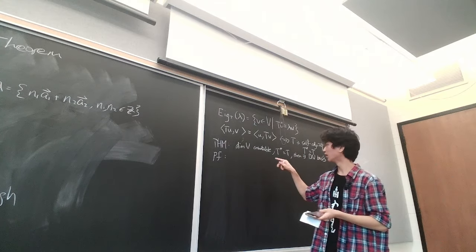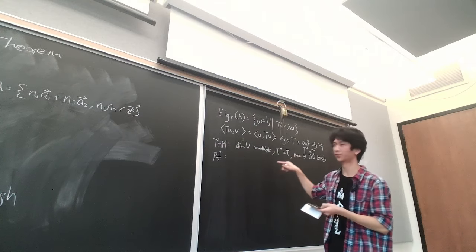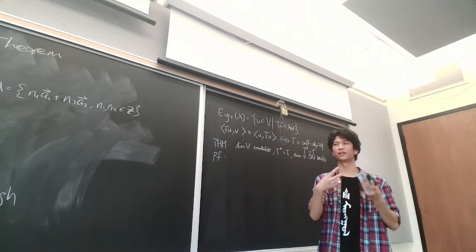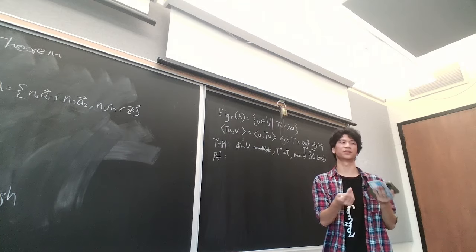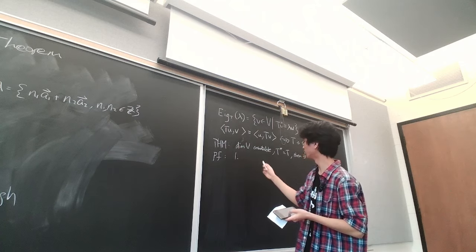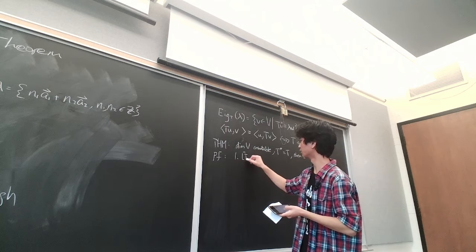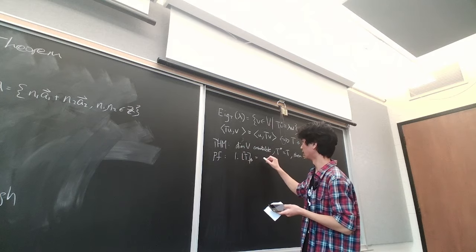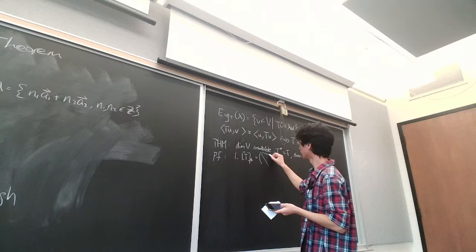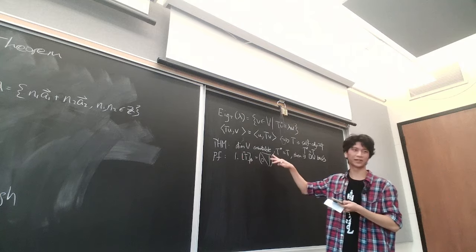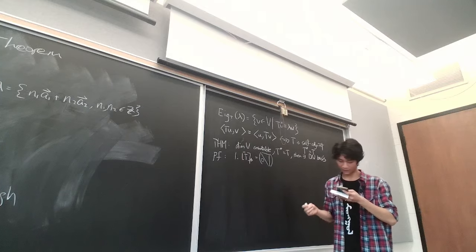So for any operator, we can represent it in some matrix, right? And then any matrix, we can change the basis so that it's upper triangular. So step one, the matrix of T in some basis equals some upper triangular matrix. And then